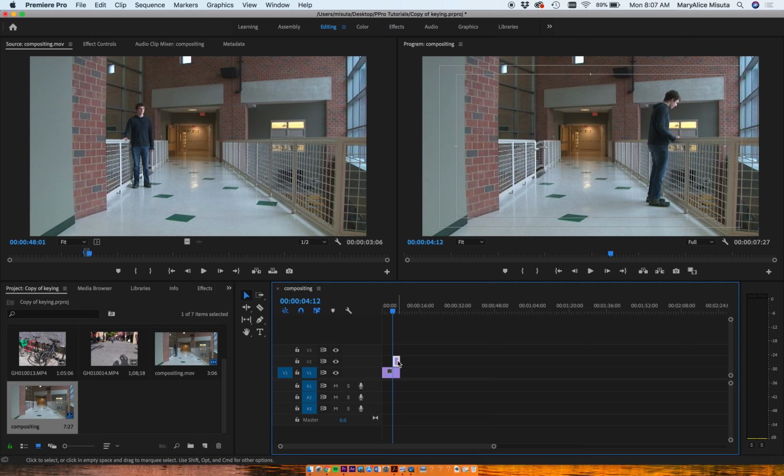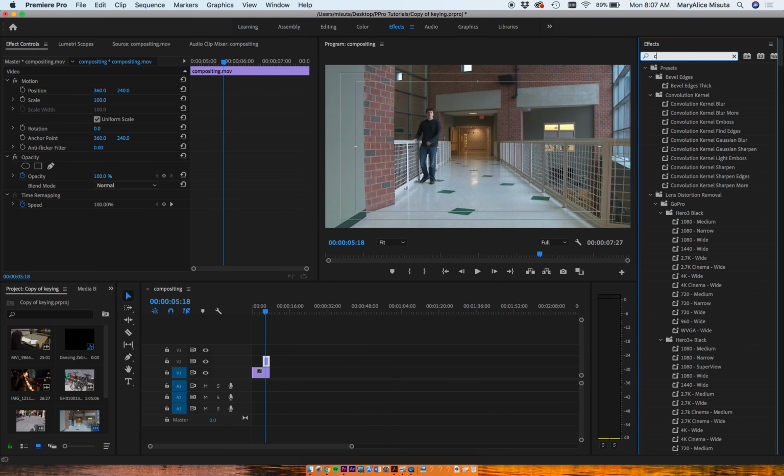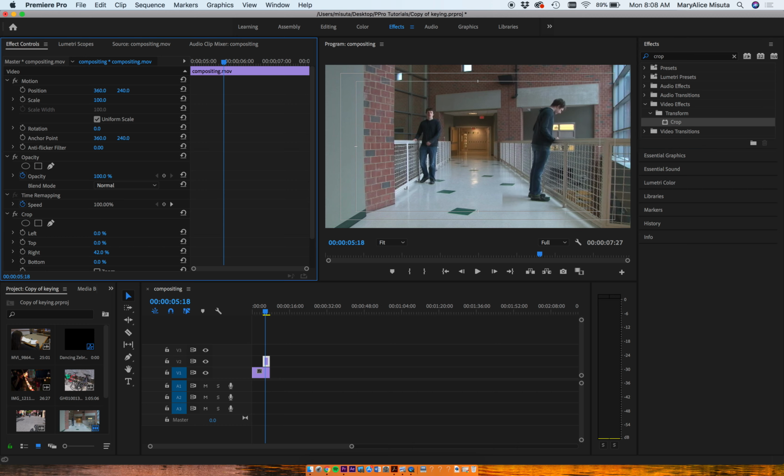So I'm going to click on that first clip in track 2, and I'm going to go to effects, and I'm going to type in crop, and I'm going to drag and drop that on that clip. And here I want to crop the right side, and if you notice as I start to crop, I'm going to be careful because you see some shadow. And I'm going to actually pump that up a little bit more